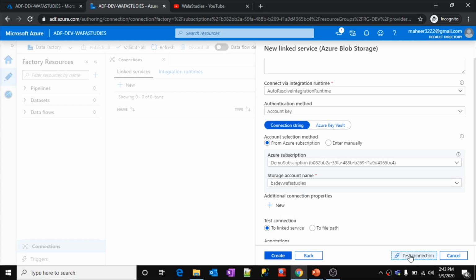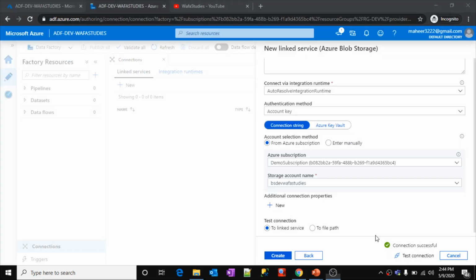So now if I click this Test connection, what will happen? It will test the connection. It will say whether from Data Factory you are able to establish the connection successfully or not. It will give that result here. Let's wait for the test connection to load. Okay, you can see the connection is successful, right?